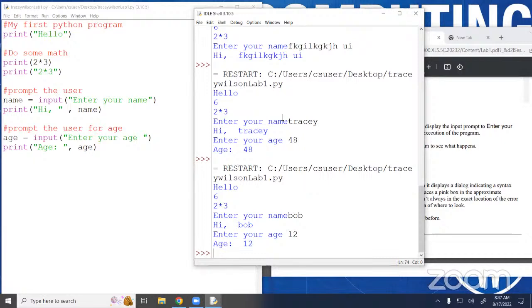Do I have sneaky students do stuff like that? Yeah, but I'm smarter than they are. I've graded a lot of papers. All right, so